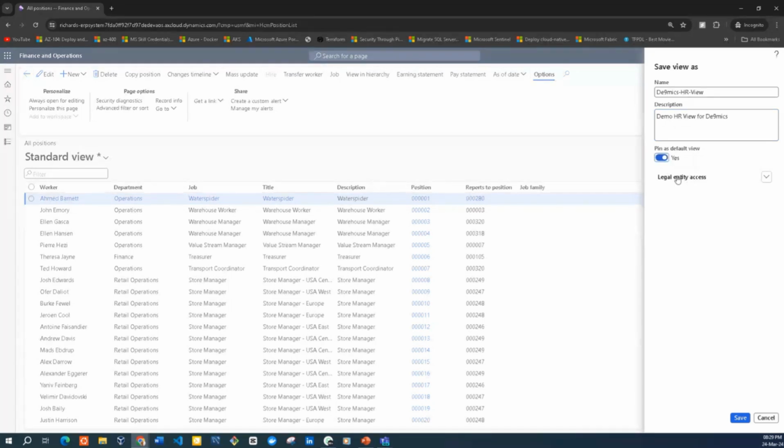And then it's asking you the legal entity access. So the legal entity is another name for company, right? Legal entity is a company in business terms. So it's asking me for the legal entity access. So what this means is that